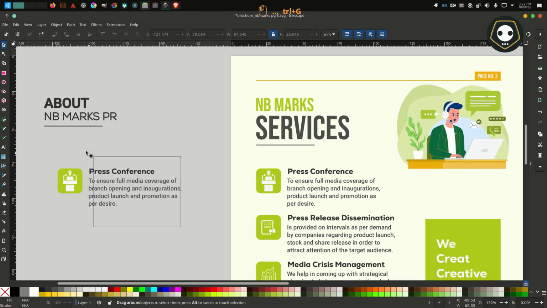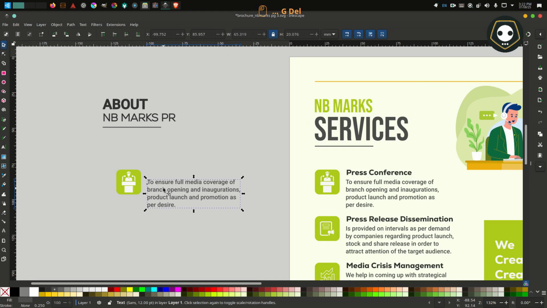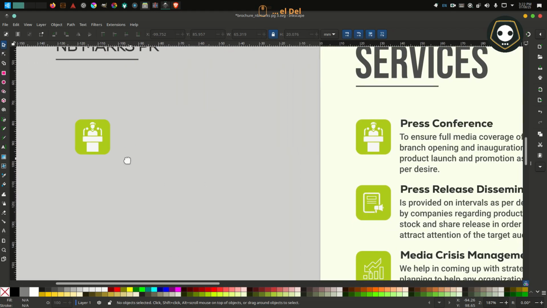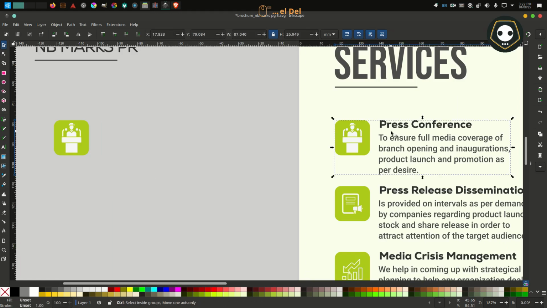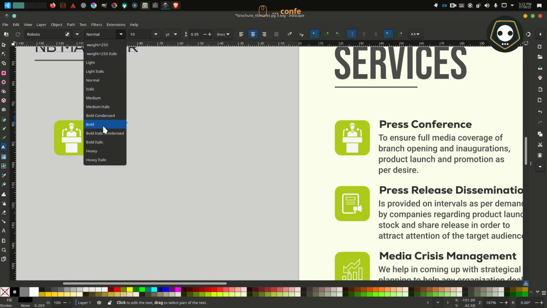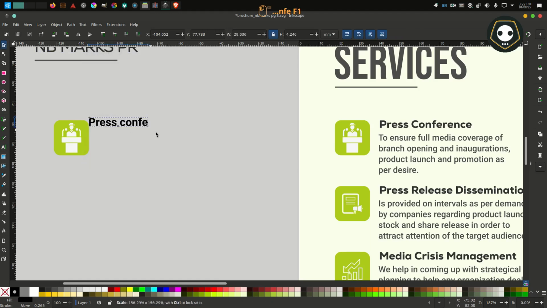First I want to delete this one and delete this one. This is the main thing I have already used. First, the bold color. Press T for the text tool, use Roboto, use the bold, use this one, fresh, and change to gray color and duplicate this one.